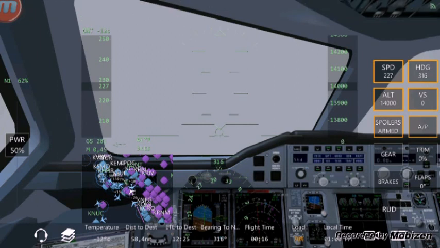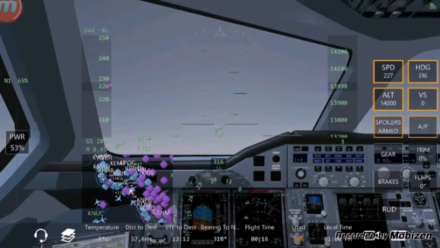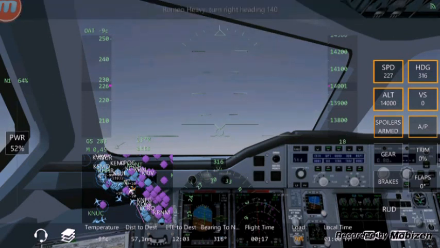If the frequency is busy, please do not contact approach from too far away. They might not respond to you. Fly inbound and contact approach when you are about 70 to 100 nautical miles out of the arrival airfield. Okay. As with the other ATC,